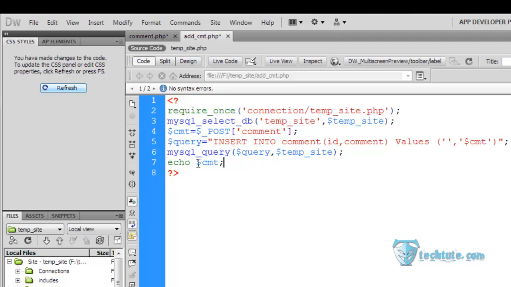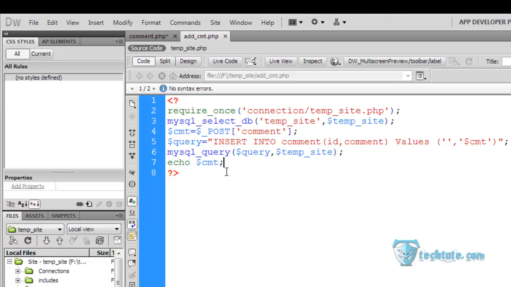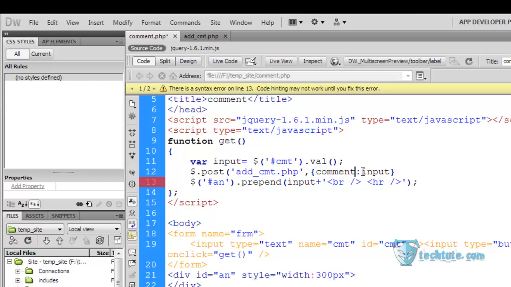Means we are echoing this command. You can use the if statement, means if the result is successful then only. And for a simple reason, to make this simple, I'm using this CMT, and this CMT will get here